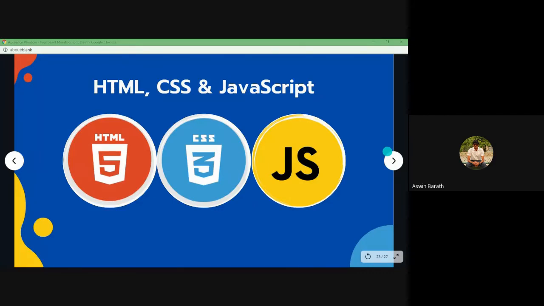Whereas JavaScript is a programming language that we use to provide more interactivity with the user, right? For example, a sign up form, a login form, a registration form. When we click a button, each and every action that we do on a website is taken care of by JavaScript.